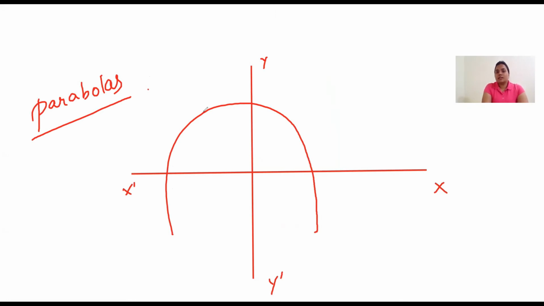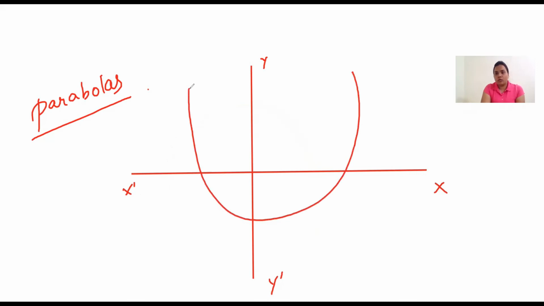In this case, this graph is cutting the x-axis at two places, one here and the other one there. So we can say the quadratic equation has two zeros. These two points will be the zeros of that polynomial. If it is open towards the top, again it is cutting the x-axis at two points. It means this polynomial again has two zeros. So we can get different types of graphs.